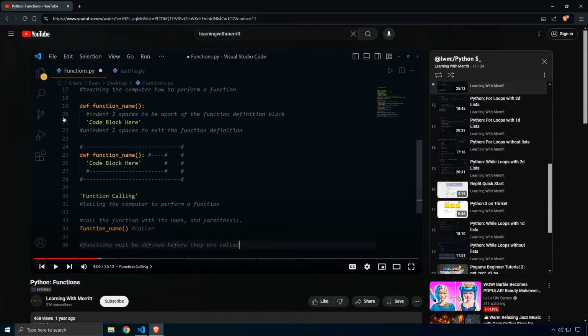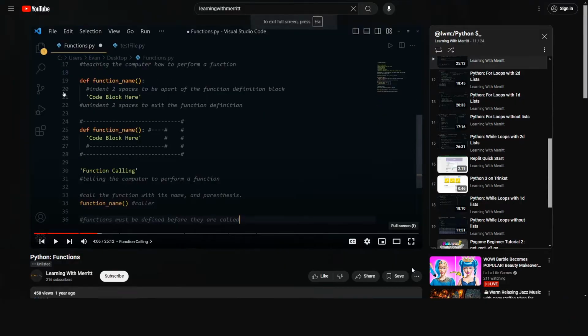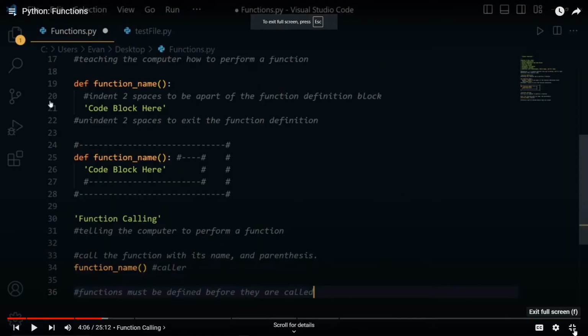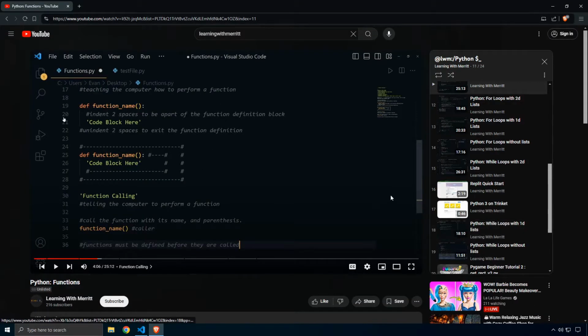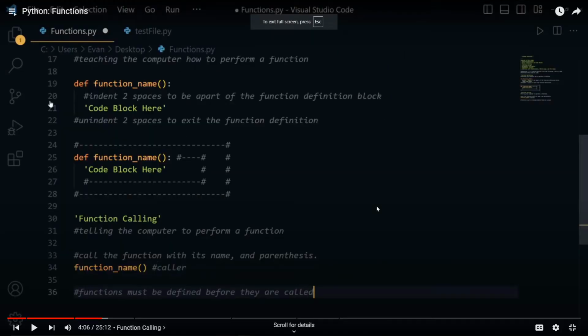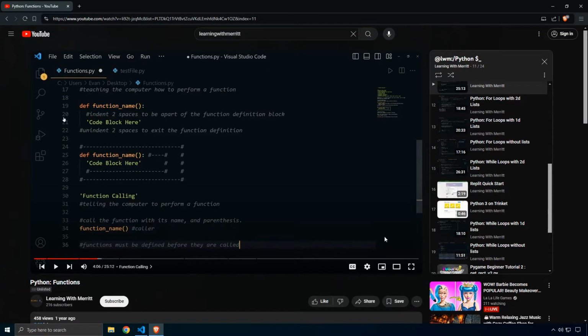First, let's take a look at how we can resize the window. So here I am on a video of mine, Learning with Merit, of course, and we are looking at a video that we're going to resize here in the player. There are three different ways that we can resize the screen. First, we can hit this little full screen button, and we can hit that to turn it off, or we can hit the F key and then hit the F key again, and that will take us from full screen